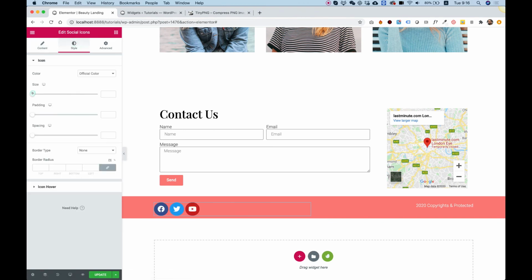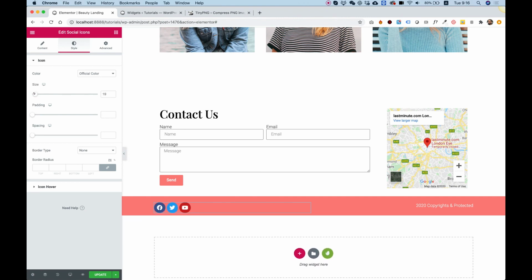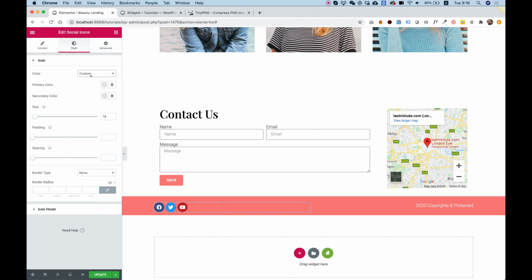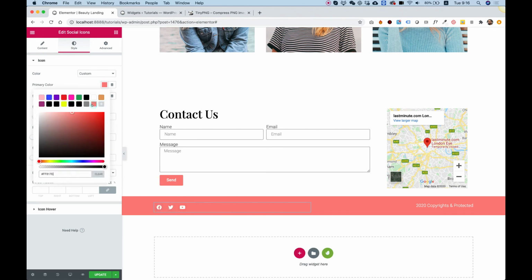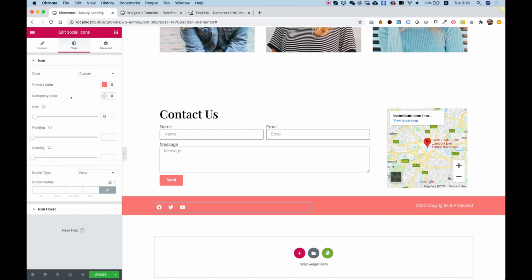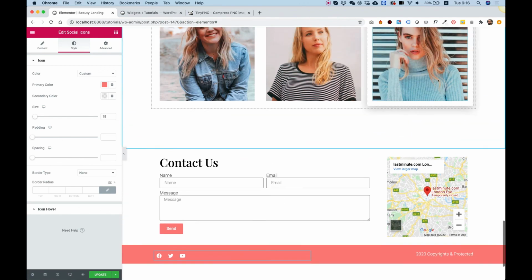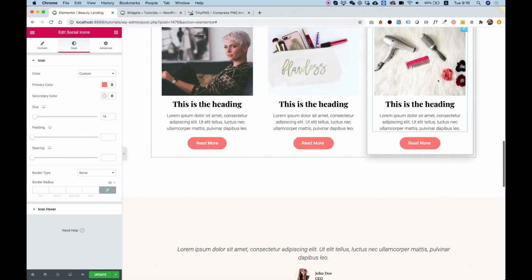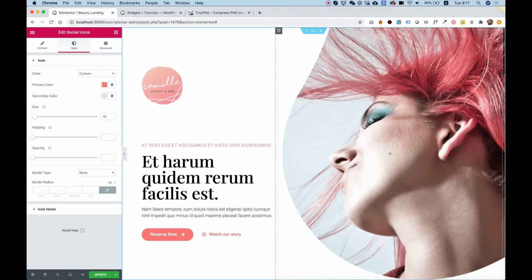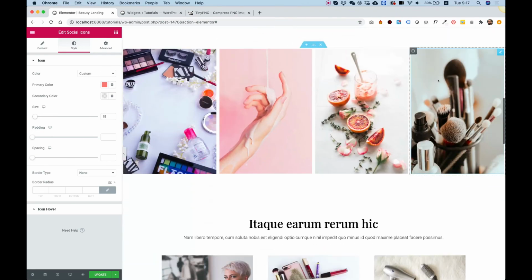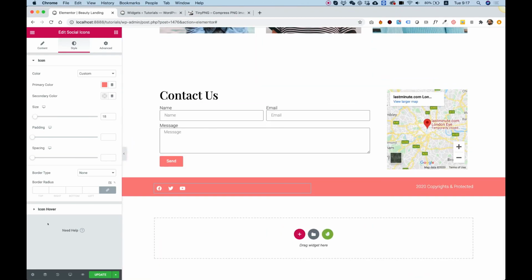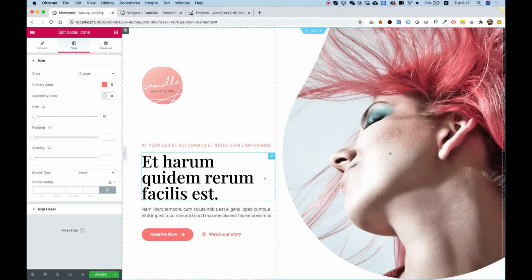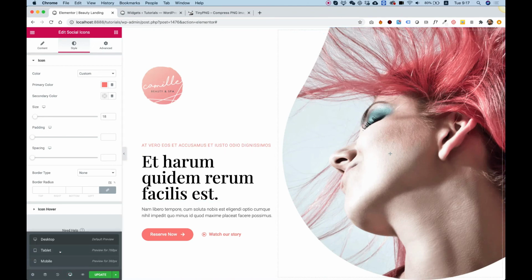Inside of style, we can play around with the size. And instead of official color, we'll do custom color, and the primary color will be the pink, and we'll leave the secondary color by default. So I could continue this a little bit more to finalize it, but I think we're at a good stage right now. I just want to check really quickly responsive mode. So I'm just going to click tablet,